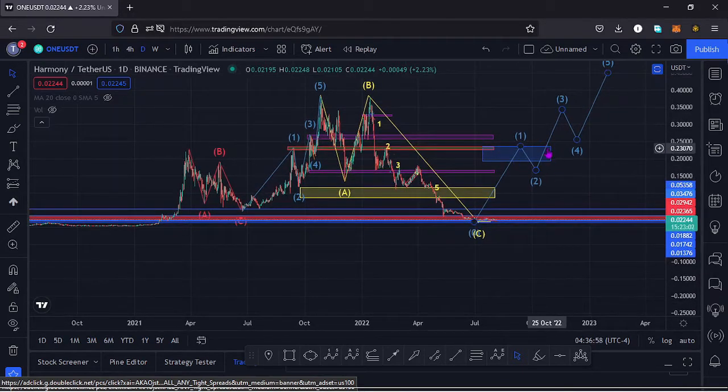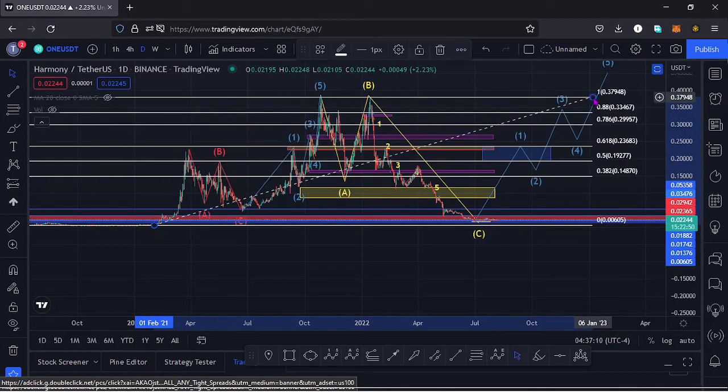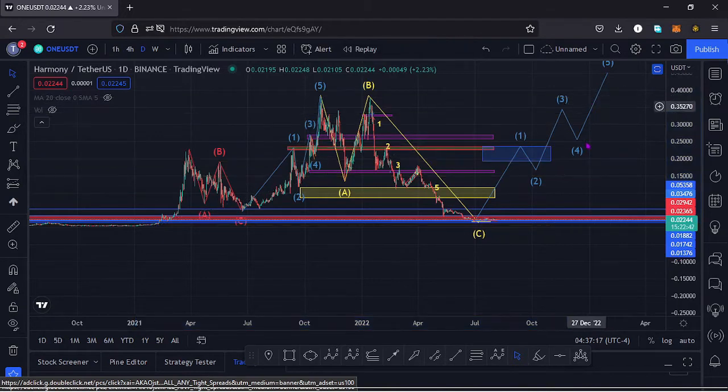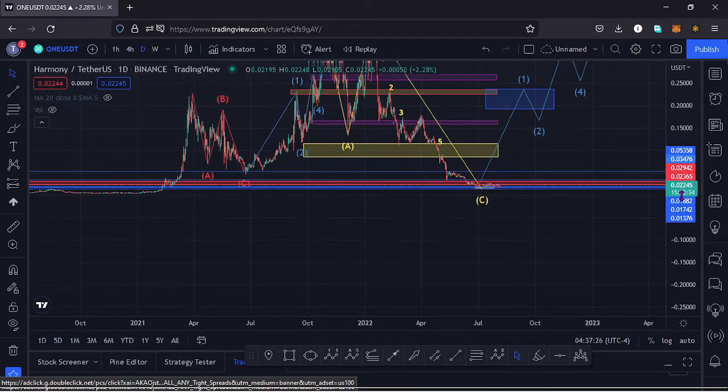And I have a target area for that wave 1 to the upper side between the $0.23 mark and the $0.19 mark, and I'm basing it on the Fibonacci levels. So if I apply the fibs here, you can see that that blue target area lies between the fib level 0.618 and the fib level 0.5, which is the minimum that I'd expect that wave 1 to the upper side to do. But before that plays out, there are key movements that we need to first look at here on